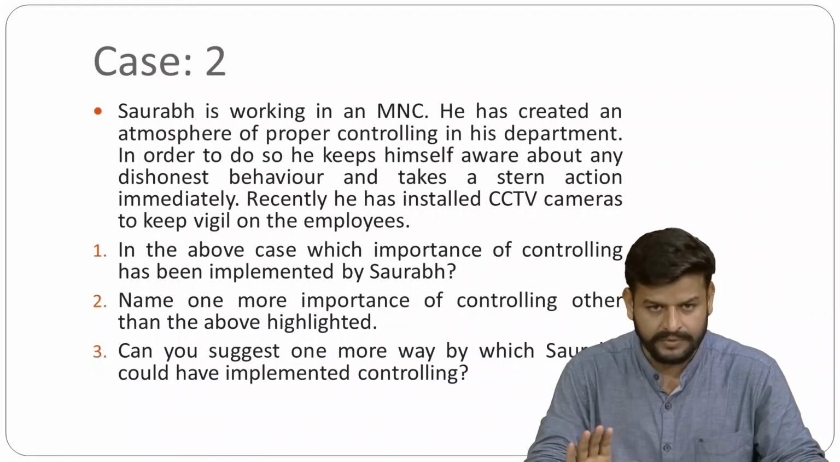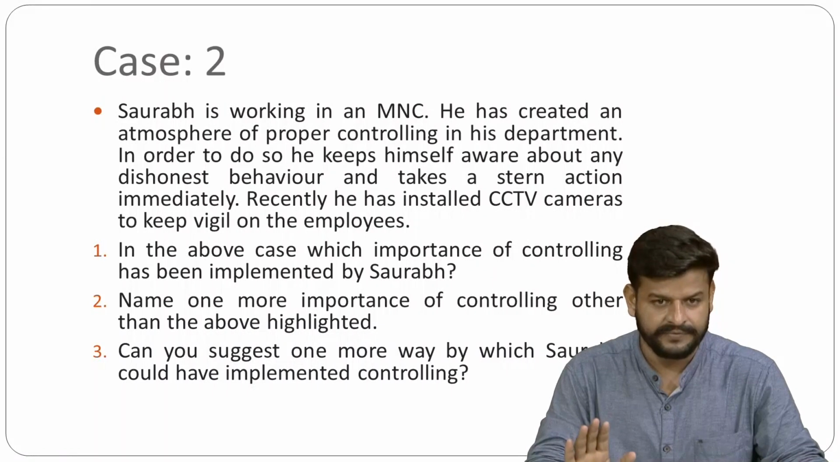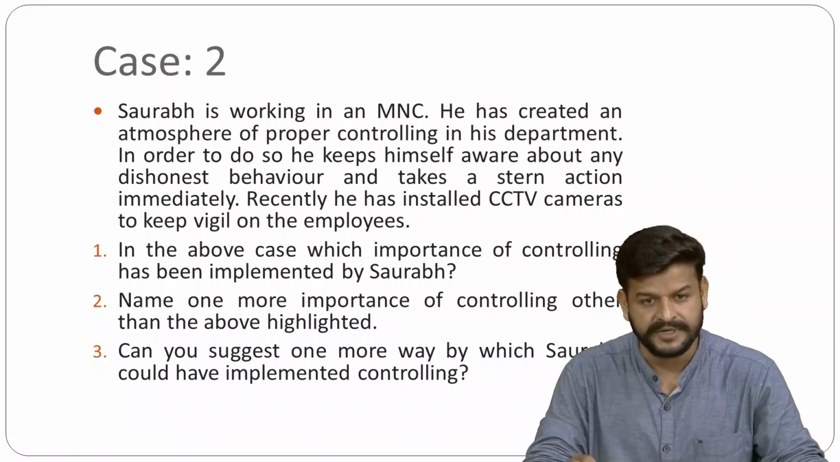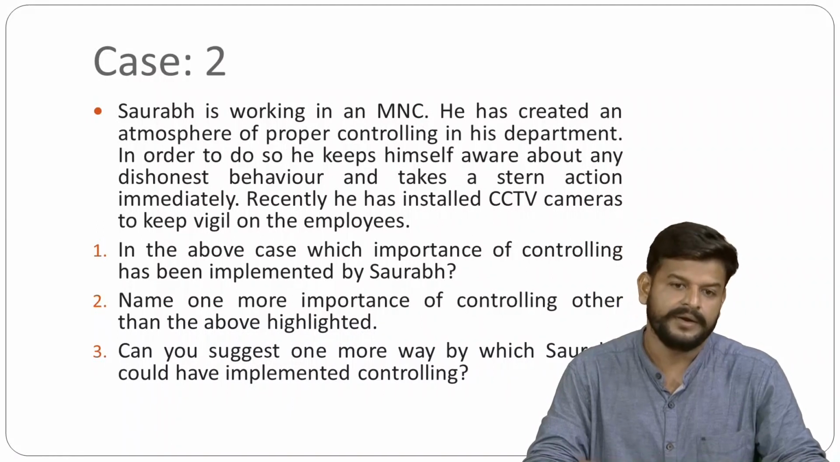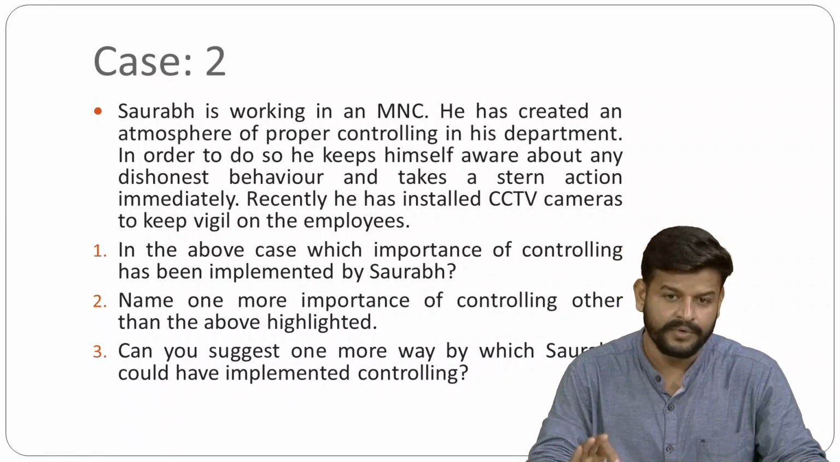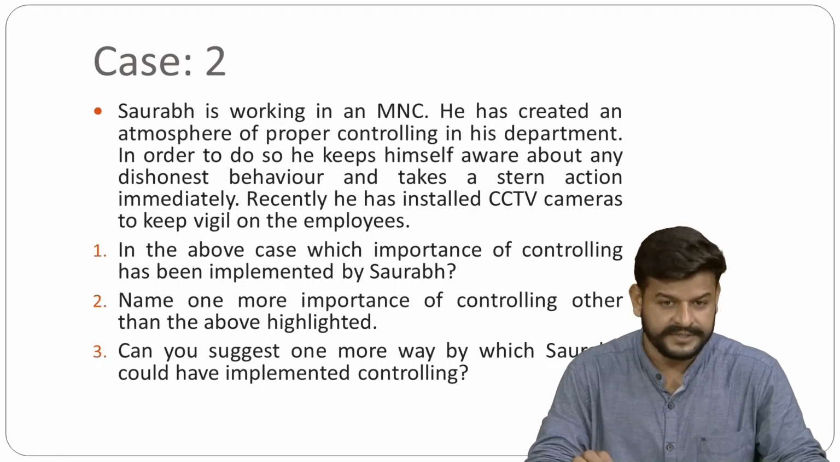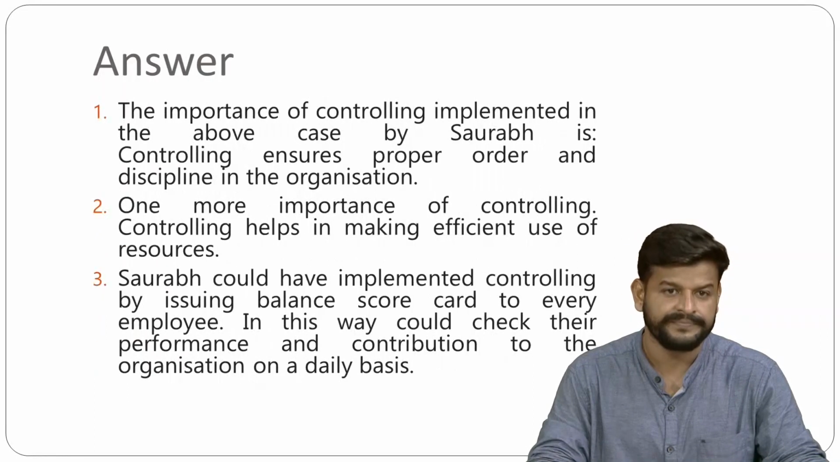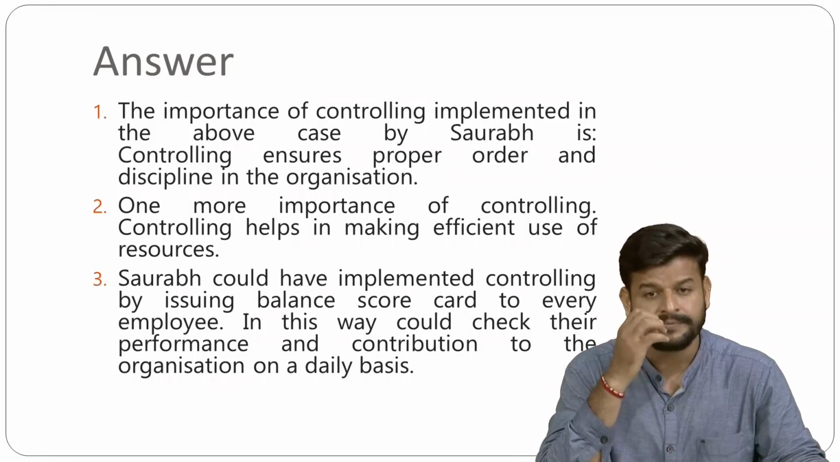So above is a case in front of us, and in the above case, which importance of controlling has been implemented by Saurabh? Name one or more importance of controlling other than the above highlighted. Can you suggest one more by which Saurabh could have implemented controlling? So these are the three questions that arise in front of us, and the answer is: